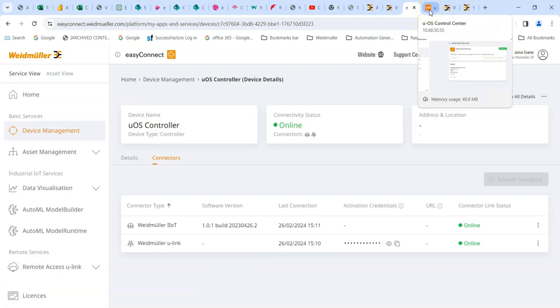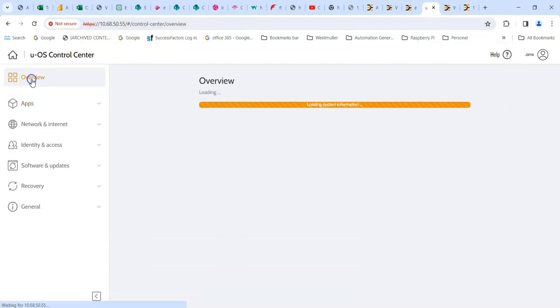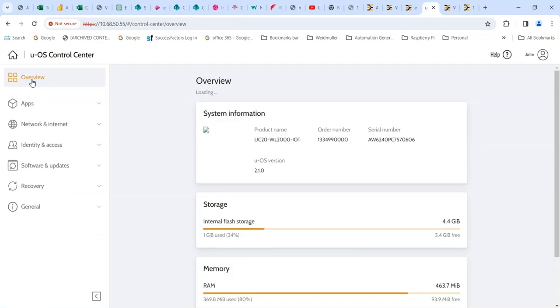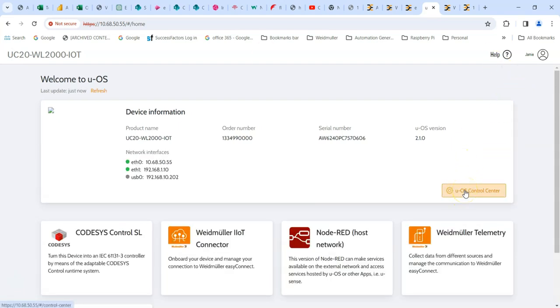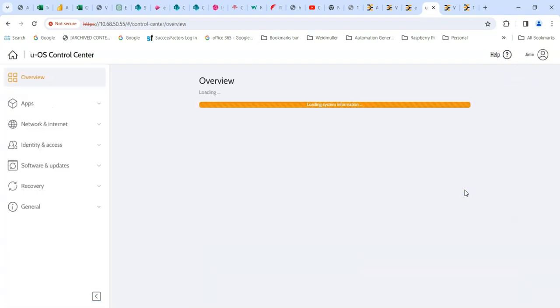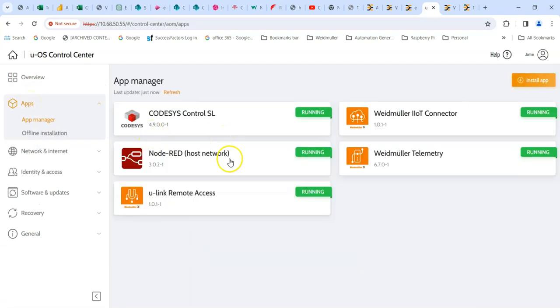So into the controller, so I'm actually physically connected to the controller itself. If I start off at the home page, there's the home page, start off there, click into the uOS control center, and then go to apps, and you'll see I have 5 apps installed. At the moment the only one that has real interest is the